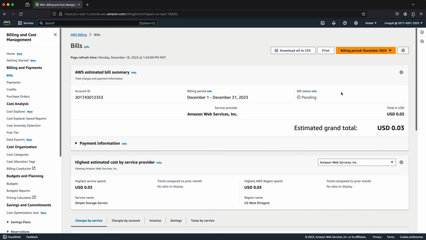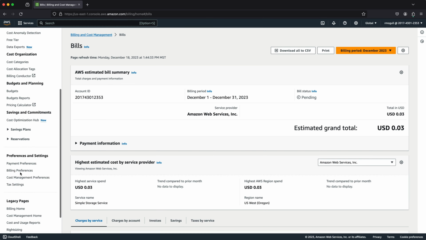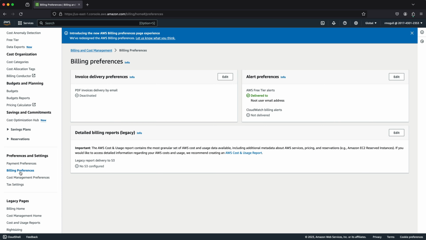Let's go to bills. You can see that I have a 3-cent charge on my account right now. I'm going to scroll down and go to Billing Preferences. You can see here that we have some of our free tier alerts that are built in. You'll get emails to that root account email based on if you are exceeding the free tier. What we want to add now is